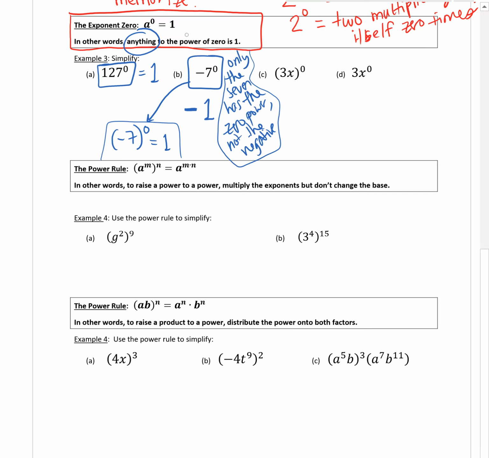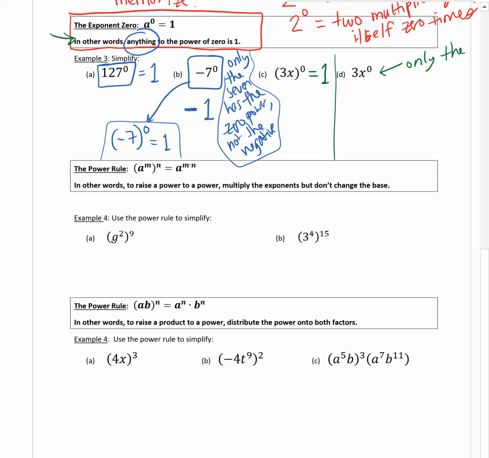So notice in part C, it's 3x parentheses to the 0 power. That means the entire thing, 3x, the whole thing is being raised to the 0 power. So it'll just be a 1. So like it says here in the rule, anything to the power of 0 is 1. It doesn't matter what it is. Anything to the power of 0. No matter how complicated, as long as the entire thing is being raised to the 0 power, you're going to get a 1. On the other hand, though, in part D, since there's no parentheses, only the x is being